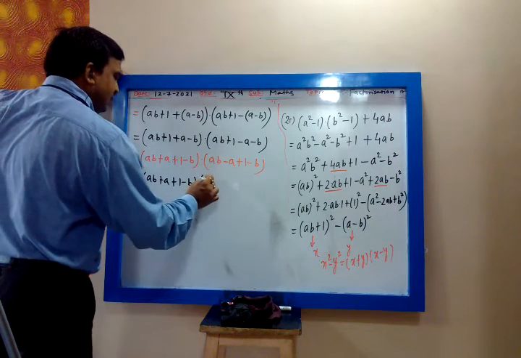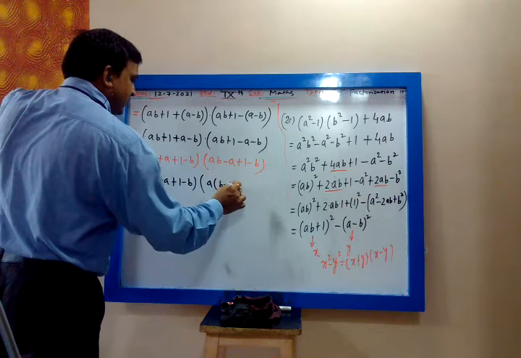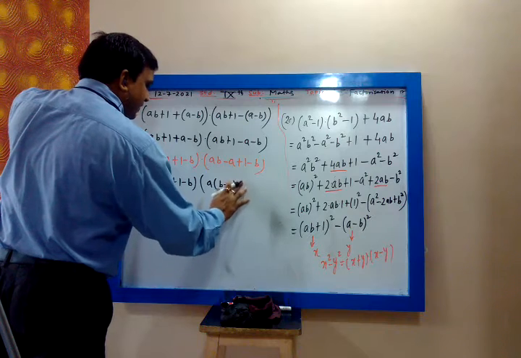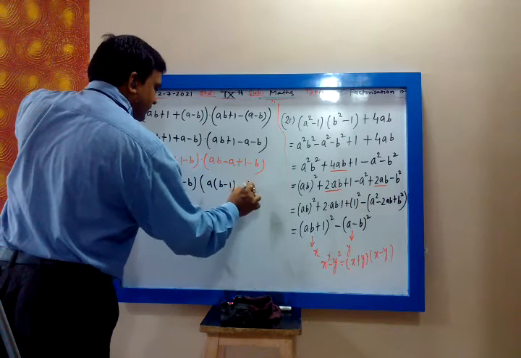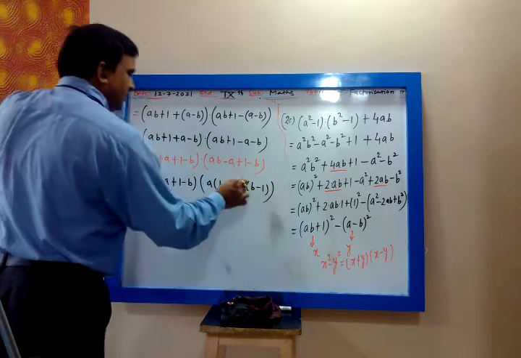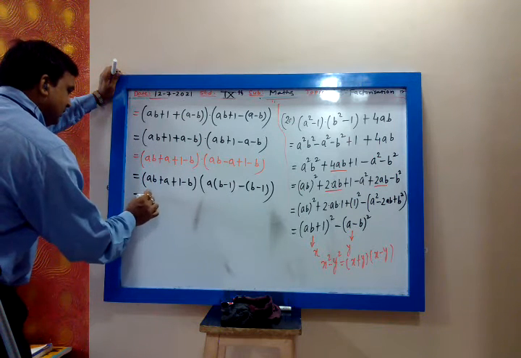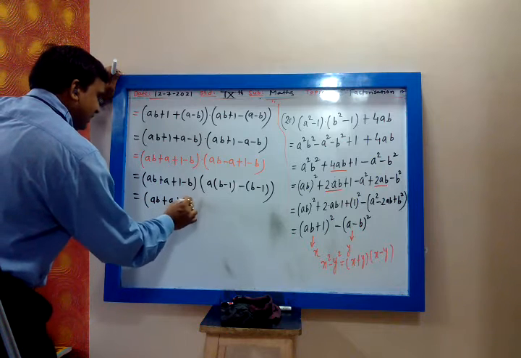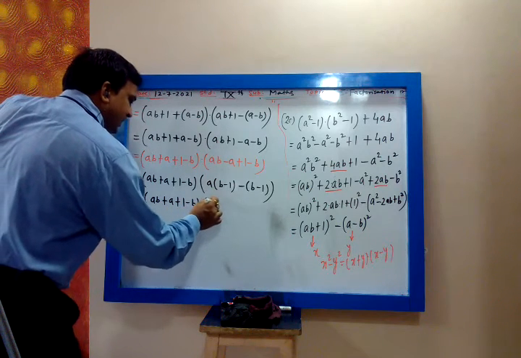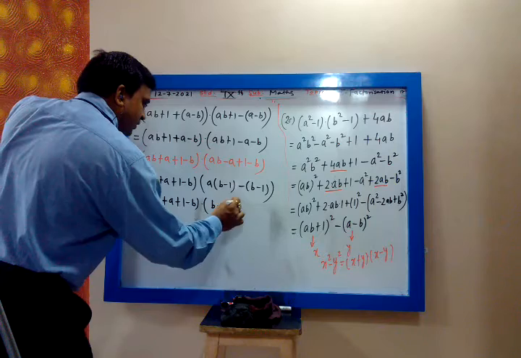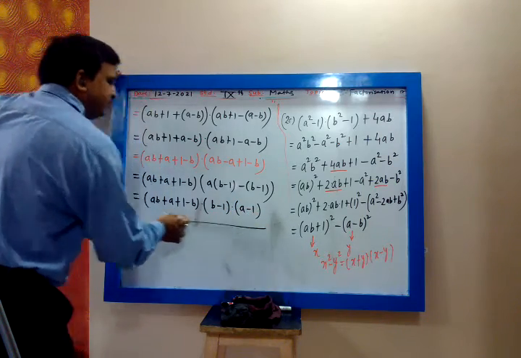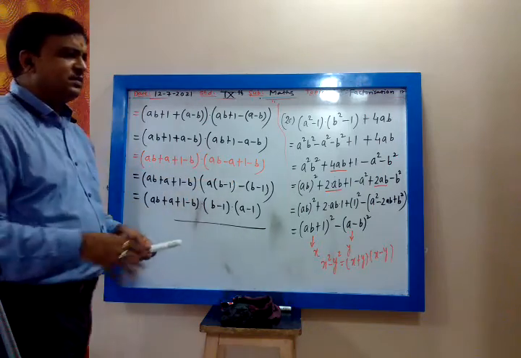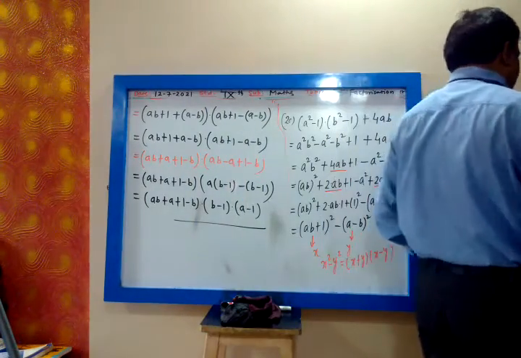Let us see in this. In ab plus a, a is common, then it is b minus 1, plus 1 minus b, which I can write as minus of b minus 1. Yes or no? So this is a into b minus 1, plus 1 minus b, which gives b minus 1 common into a minus 1. This is the answer. Even if you stop there, no problem. This is the factorization.